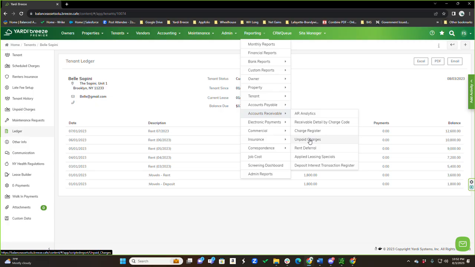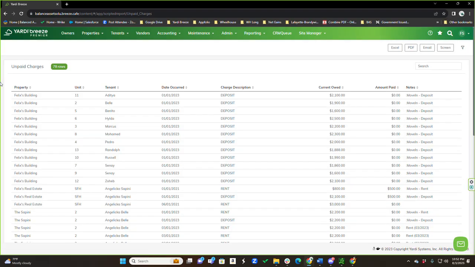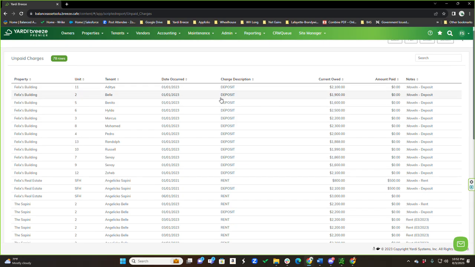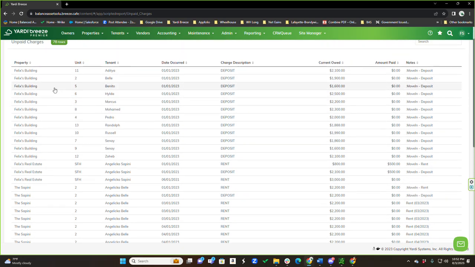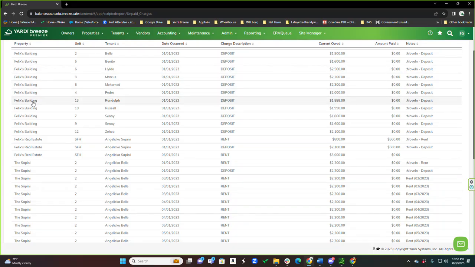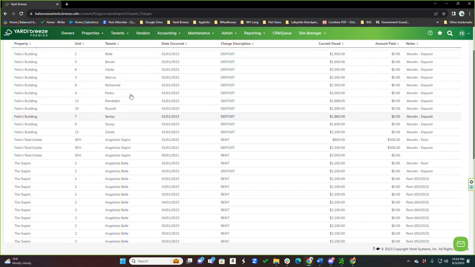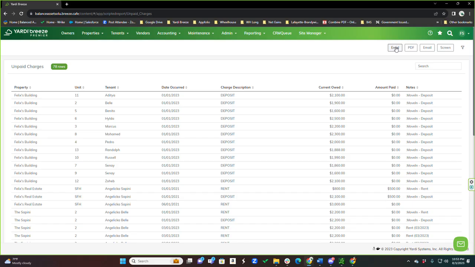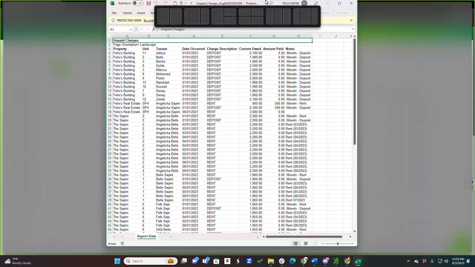So if we click on unpaid charges, it's gonna take us here, and this will show us all the unpaid charges by property and by tenant. So we could download that into an Excel file, and we could play around with it to see